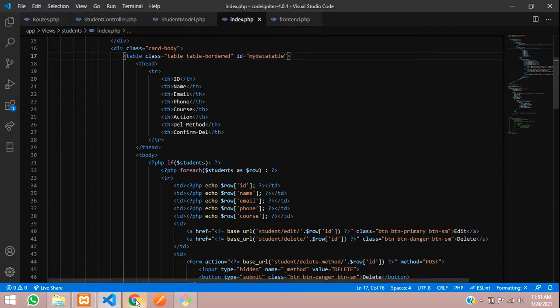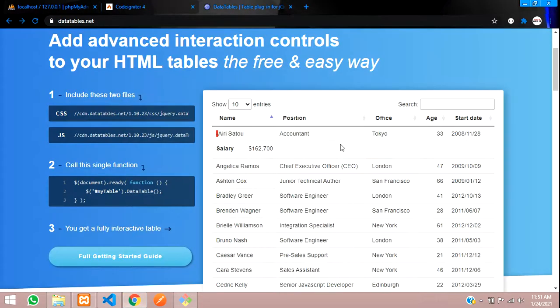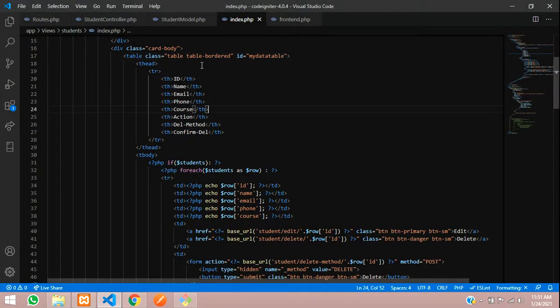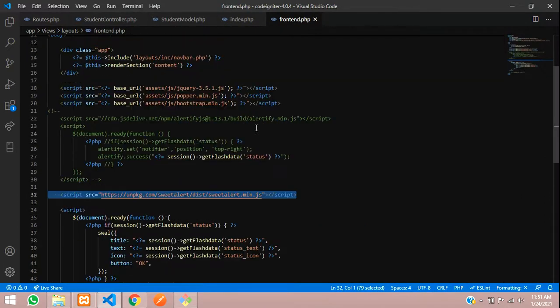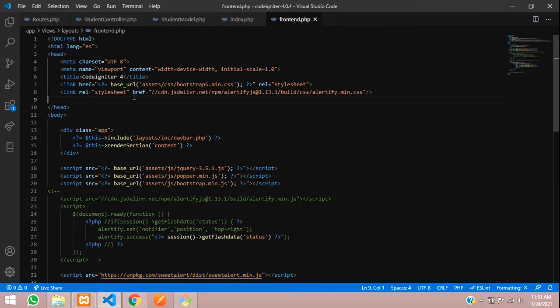Now let's get back to the data table website and copy the CDN link. This is the CSS CDN link. Right click and copy, then get back to your code, wherever you have called your script and link tags in your layouts. Let me paste it over here.